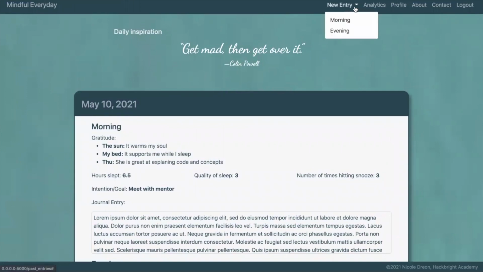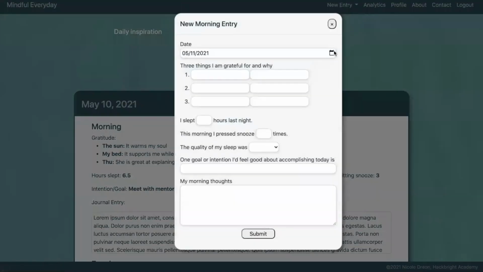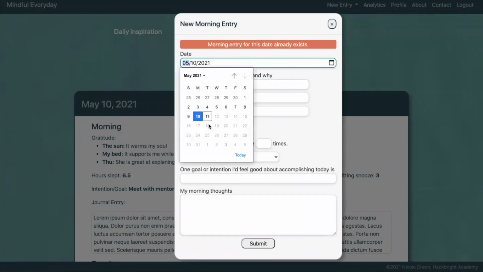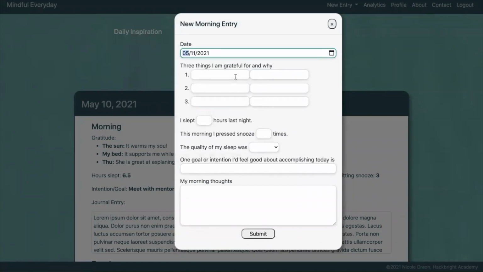To create an entry, select New Entry and choose Morning or Evening. Pre-populating the form with the current date was more challenging than I expected. I had to use Python's datetime library along with Jinja to get the correct date in just the right format to render in HTML. By combining a JavaScript event listener with an AJAX request, I was able to prevent users